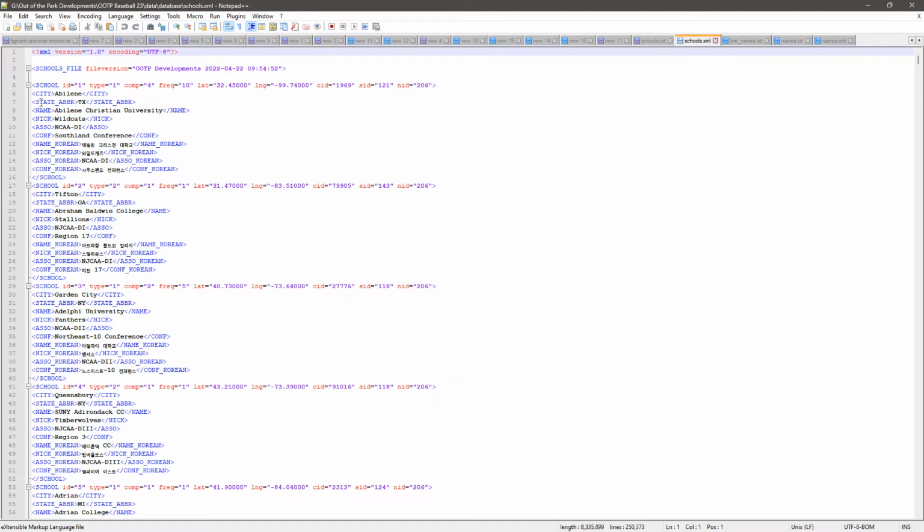In a lot of applications, these would be indented because these are subfields within the school field. So the city tag is Abilene, the state abbreviation tag is TX for Texas. Then we have our school name, the nickname, the association, which is the level. So this is an NCAA Division I school in the Southland Conference. And then we have the Korean translation, or Korean text, for this, because